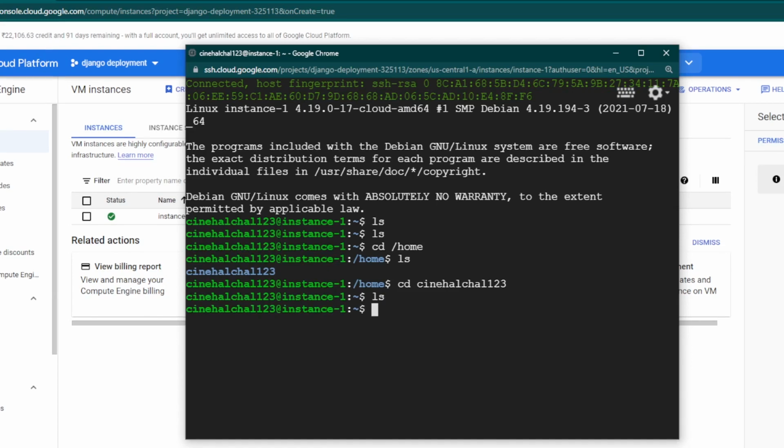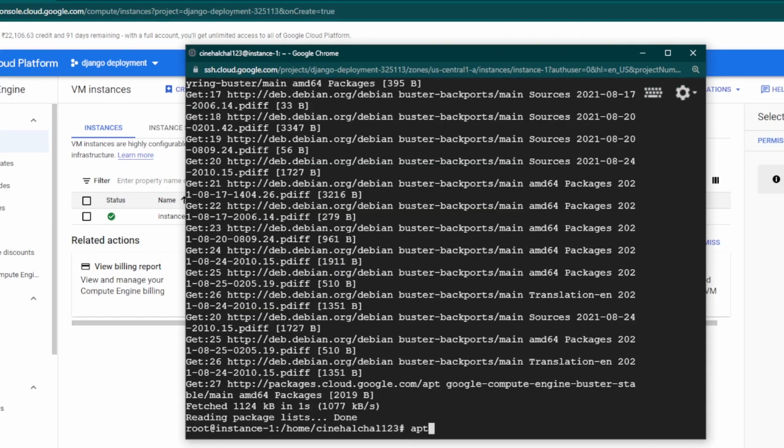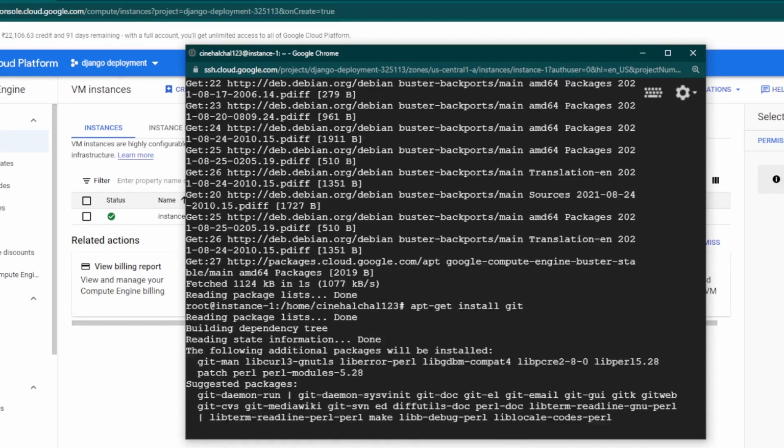I want to run the commands as the sudo user, so I'm just making the user sudo, and now I'll install git. apt-get update. Now type apt-get install git.